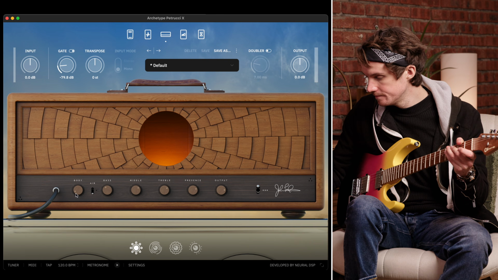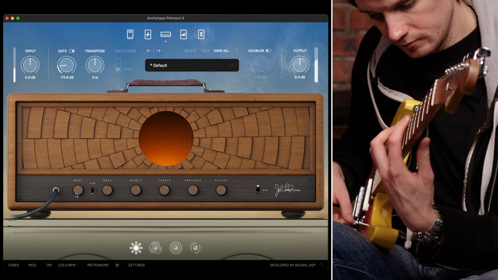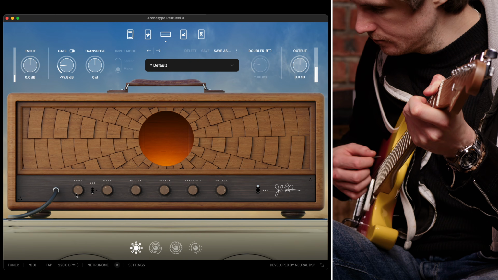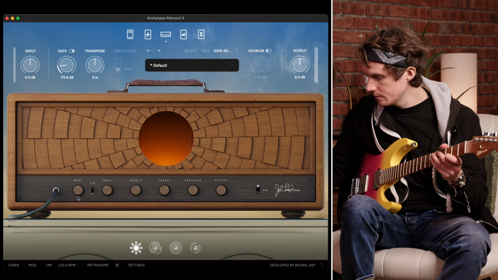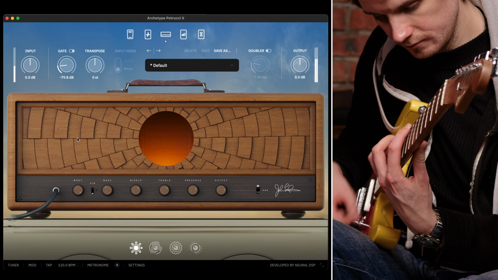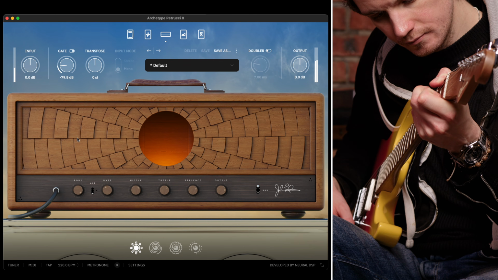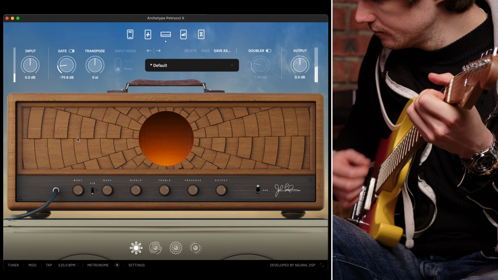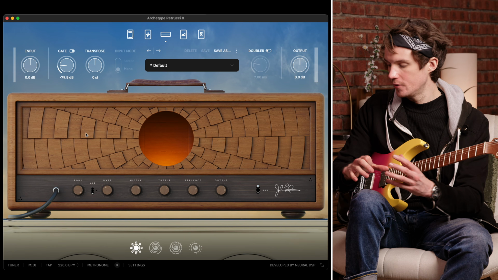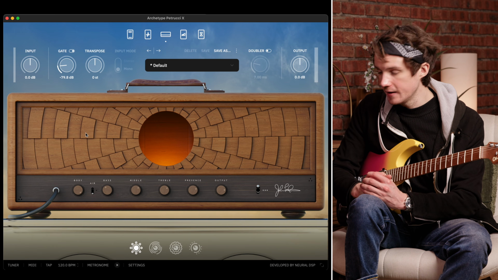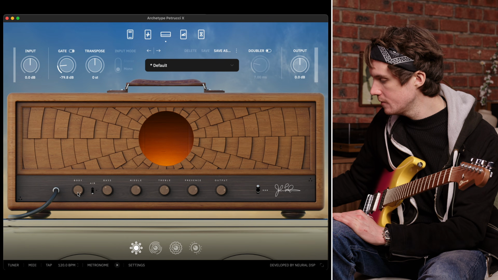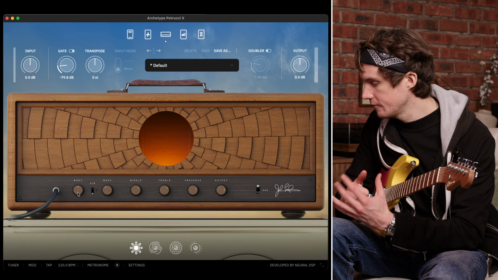Let's put it around midday. And let's increase this all the way for a different body resonance character. So depending on where this is set, you'll find a preference for your specific guitar and pickup selection. Again, if you have a piezo pickup, that's going to work even better with this amplifier. But for now, I'm going to move it back to 12 o'clock and let's have a look at the air